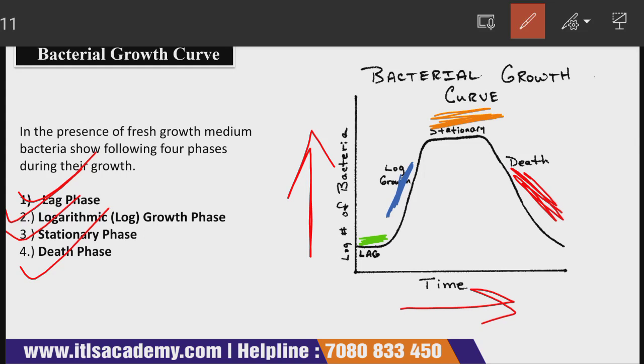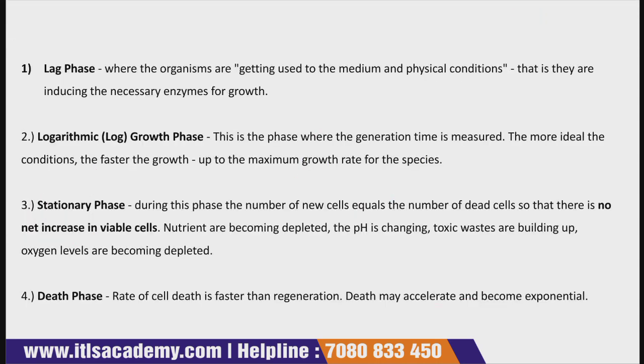Then comes the log phase. The log phase is that phase where the bacteria have utilized all the nutrients and here the bacteria are dividing themselves. Then comes the stationary phase. Stationary phase is the phase where the generation of new bacteria is equal to the number of deaths. Then comes the death phase, that is known as the declining phase. So let's talk about each